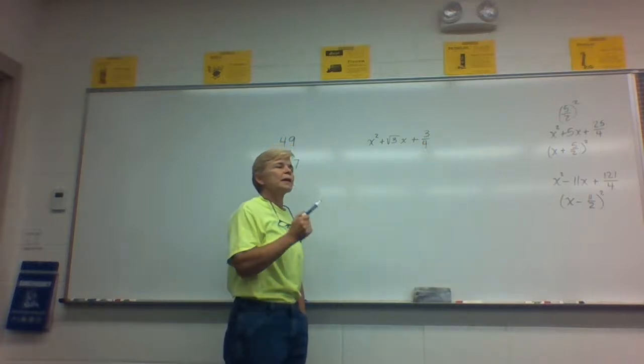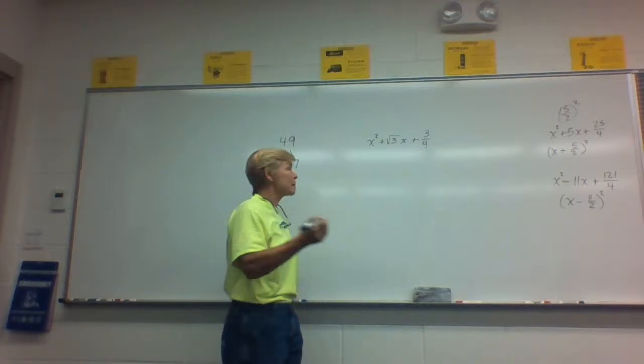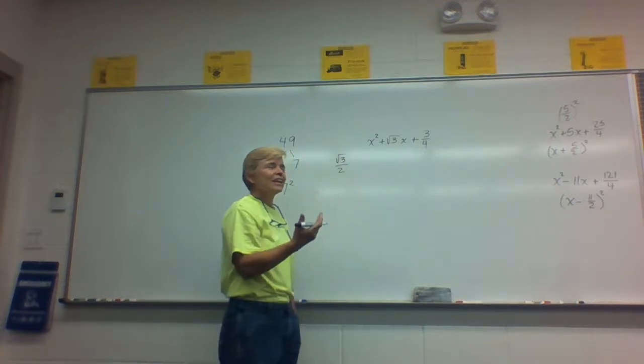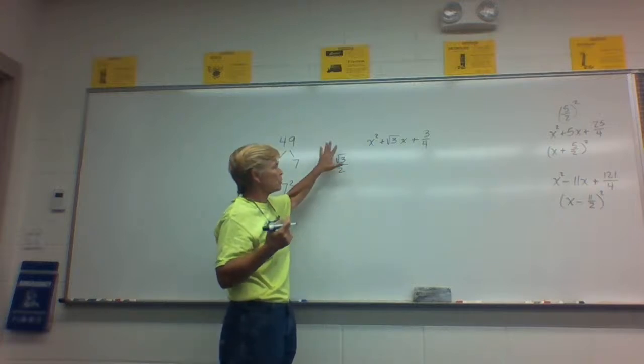What's the first thing you should be asking yourself? What's half of root 3? And what is that? It's root 3 over 2. Yeah. If 2 won't go into it, you just stick it over it. It's a fraction. Now when you square that,